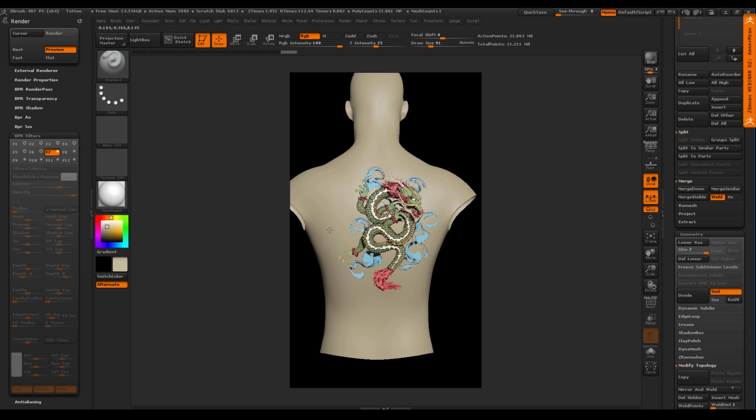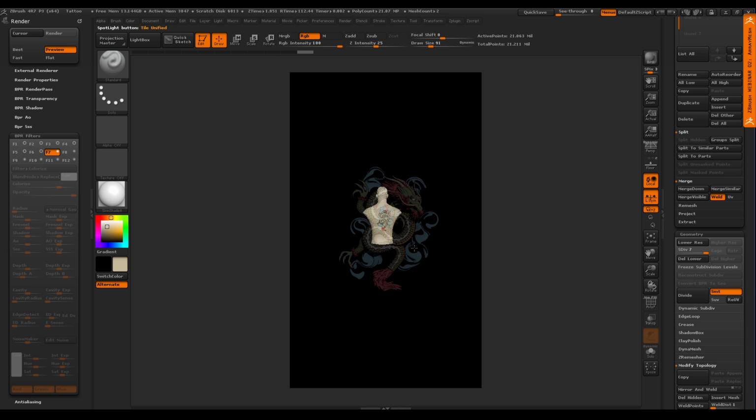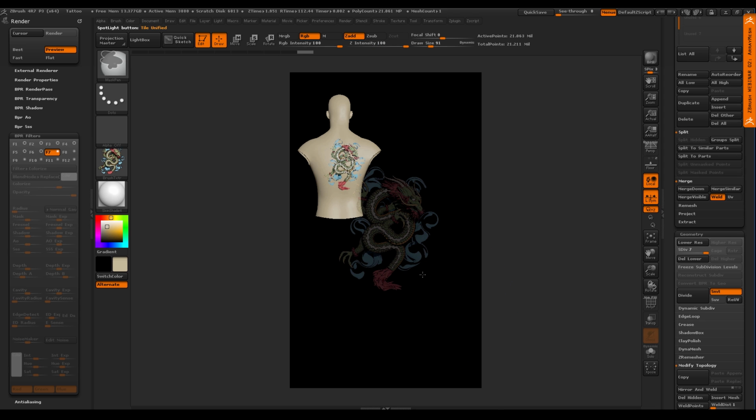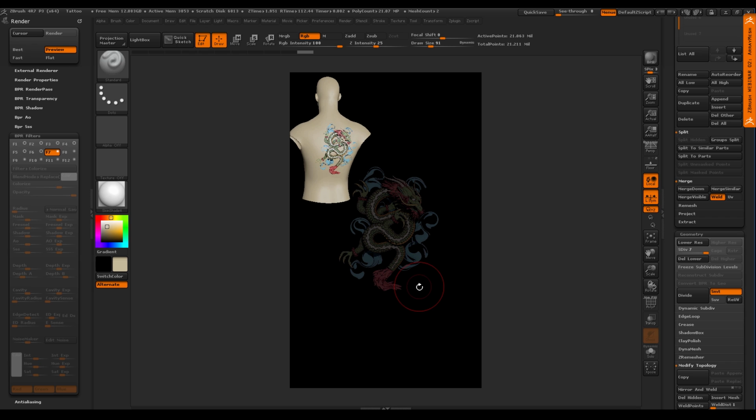So as I'm painting here, right, it might be like, well, what's happening? So here, let me turn on this and turn my opacity down, right, of this image. Okay, and you can see there's the image, right? And then there's the tattoo on the body. So that's a really cool way to use ZBrush to, in essence, create an image that I'm going to use for the tattoo. Okay, so we're running out of time.